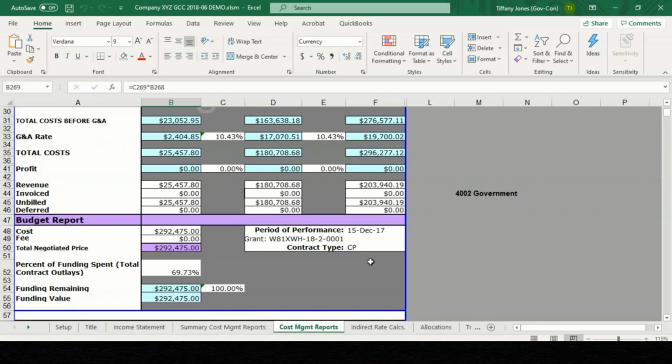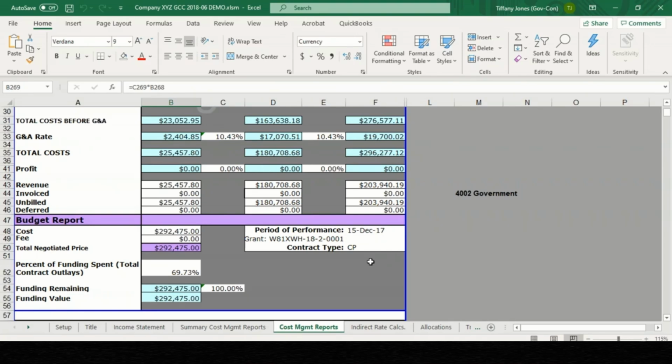This is also a compliance factor within the Standard Form 1408, that the program manager does have visibility to monitor any limitation rules that are outlined within the contract. So let's say, for example, that this was a cost plus fixed fee contract, and that it did have a 75% limitation rule, which is very common with cost plus fixed fee contracts. And you can see that in this sample, we're already reaching